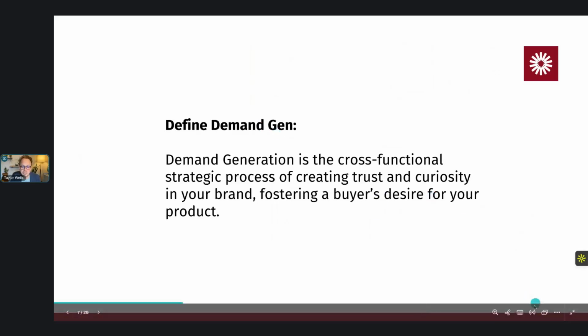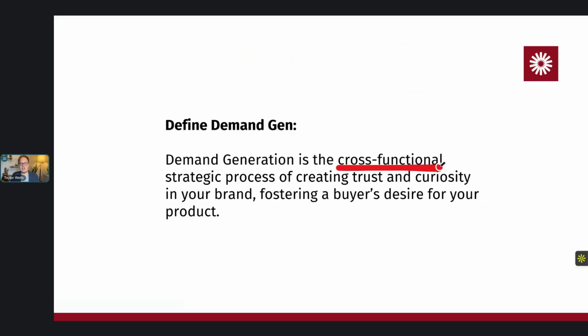First, it's cross-functional. So what I mean by that is it's not just a marketing function. It's not just a sales function. It's really a go-to-market function, right? The entire org needs to be about this, because a lot of times people define demand gen as, if you look at job descriptions for demand gen folks, it's like, hey, run ads for us, right? Or maybe do social media, or maybe do email marketing, or maybe do website conversion. And then some of the best job descriptions you see out there say, hey, you're partnering with sales, you're partnering with partnerships teams, you're partnering with CS, you're partnering with events, field marketing, ABM, right? All sorts of cool things